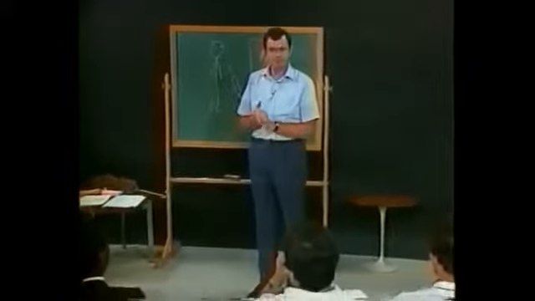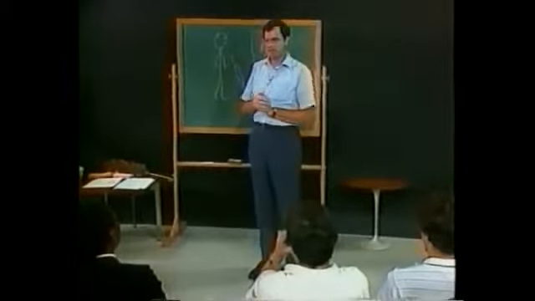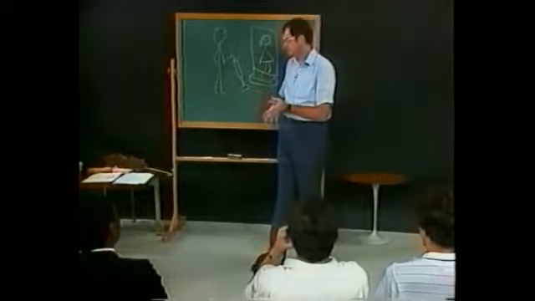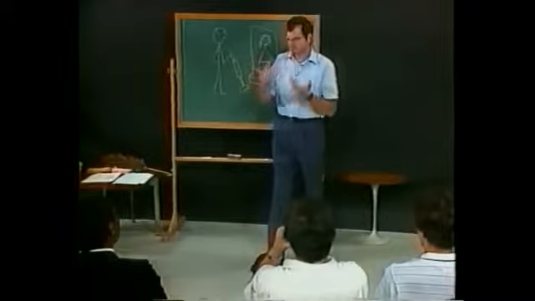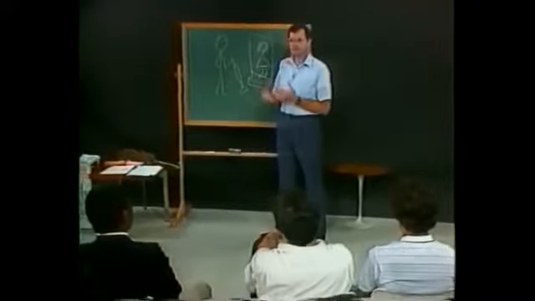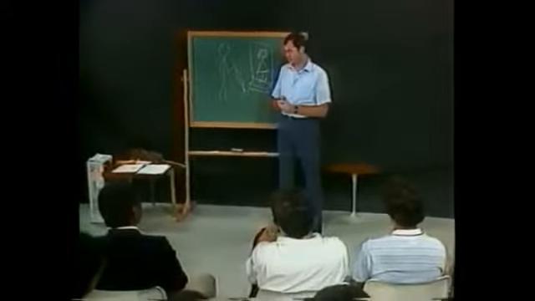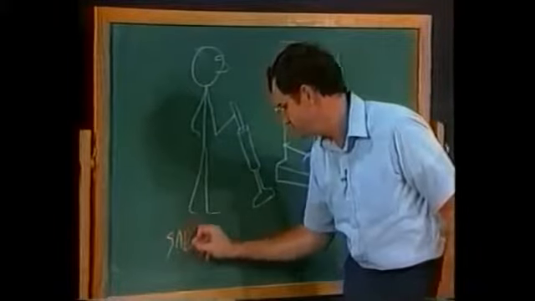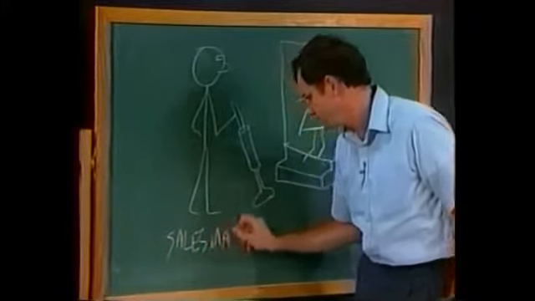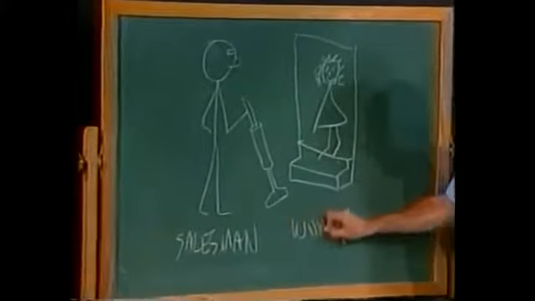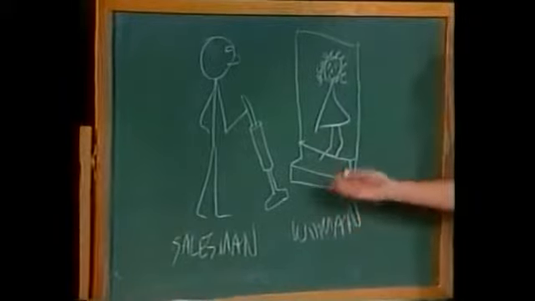Today's lesson is going to be about two people, about a salesman, a special kind of a salesman. Now, you know what a salesman is. That's a person who sells something to somebody else. Today the salesman is a vacuum cleaner salesman, and let me write that. The other person is a woman, or we could call her a housewife.